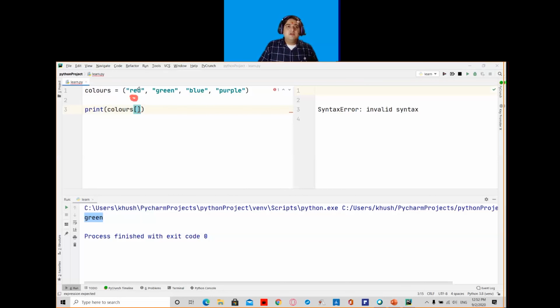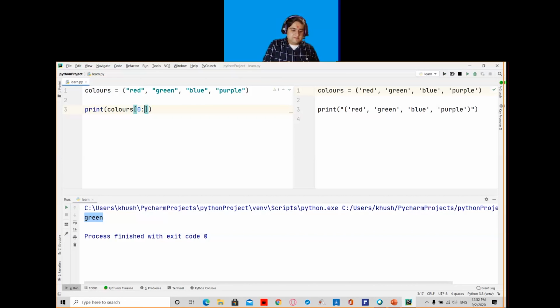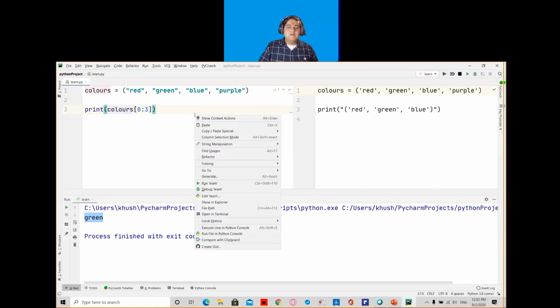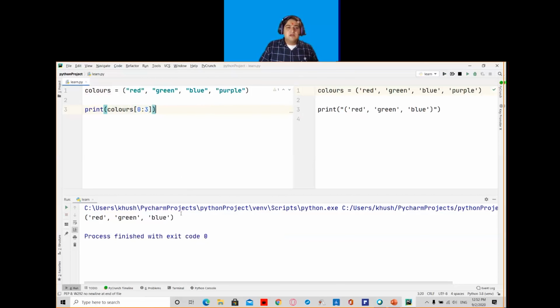And I want from red to blue. So I will mention the end index as 3, because this 3 will be excluded, because the last element will always get excluded. So I will write start index as 0 colon and the end index as 3. So now if I run this program, it will give me my output as red, green and blue.